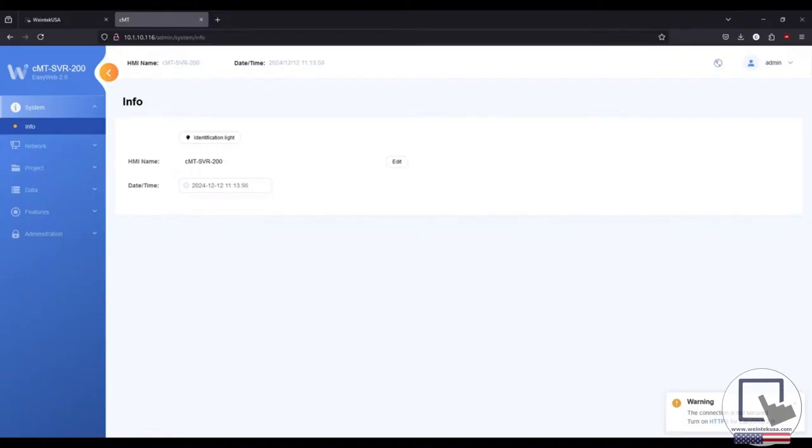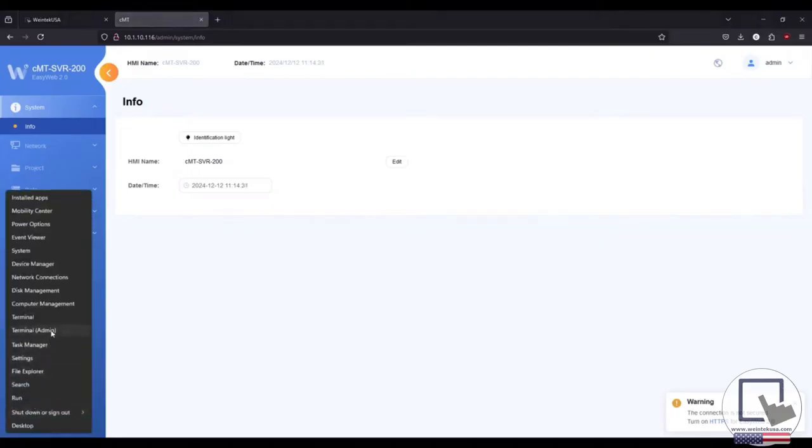Again, if you're going to remember anything from this training session, it is that the IP addresses assigned to LAN 1 and LAN 2 must lie on separate subnets, or you'll be opening possibly a troubleshooting can of worms. And if you're having issues connecting to your device, the first thing you should do is try to ping it. And you do that by, at least on a Windows system, right-click this Windows icon, select Terminal Admin,